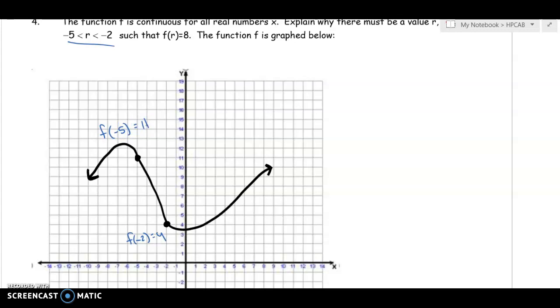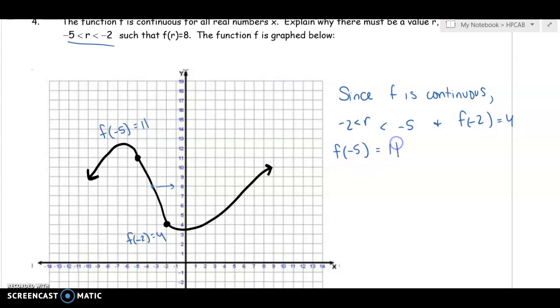So we know it's continuous. We have to explain how we know that at some point f of r is equal to 8. Well, you can even see it from the graph. At some point, some r value, this graph does eventually reach a y value of 8. We just need to prove it. This is where the intermediate value theorem comes in. It basically says, since f is continuous, and r is between -2 and -5, and f of -2 is equal to 4, f of -5 is equal to 11, because of that, by the intermediate value theorem, I'm just going to put IVT,